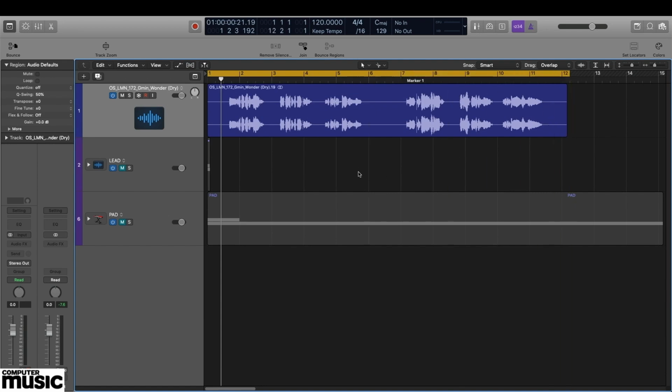So for this next stage, we're going to be making some bass. Now, for the bass, it's slightly different to the lead. With the lead, because I was taking really tiny parts, or like